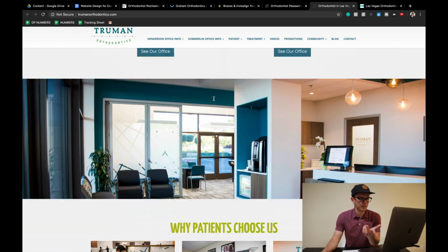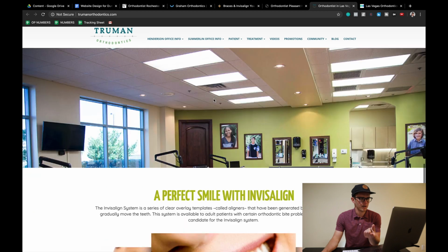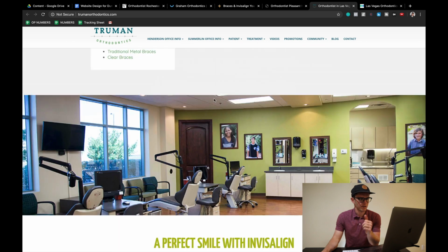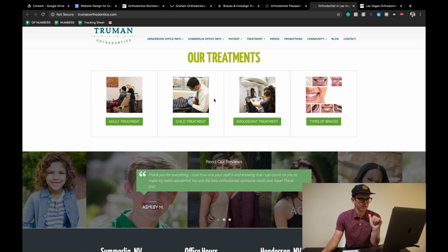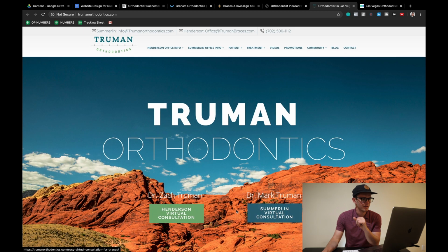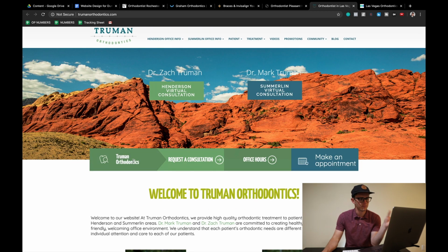They do have pretty good graphic design. I would give them that. The parallax thing is a little weird with the pictures. I don't love that. Parallax just refers to when the picture kind of stays in the background, but everything scrolls past it. As far as having their call to action, they have a pretty clear call to action